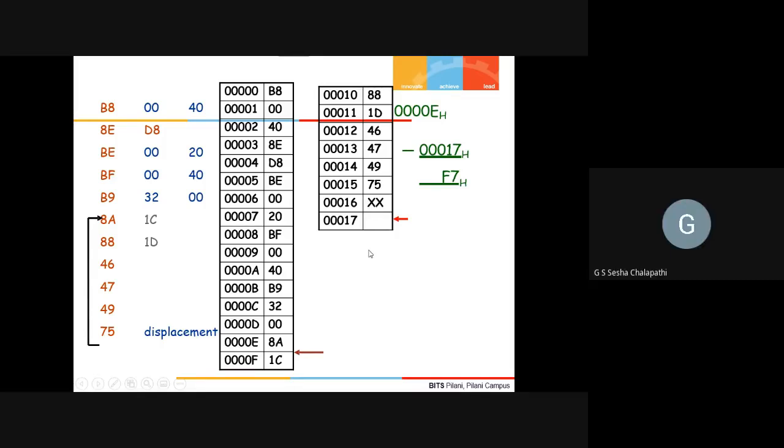How do you calculate the displacement exactly with this particular example? I will show you tomorrow in the next class. What will happen is, in the program you can write all these labels and all those things. After assembling, the assembler converts it into machine codes. It will put the value of displacement directly here. Those labels and all those things, it will remove. Labels cannot be understood by the debug.